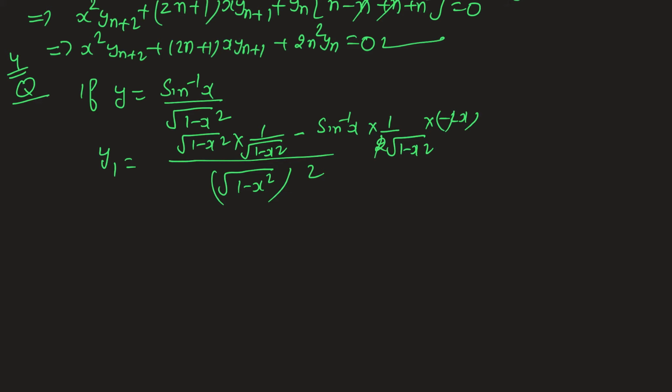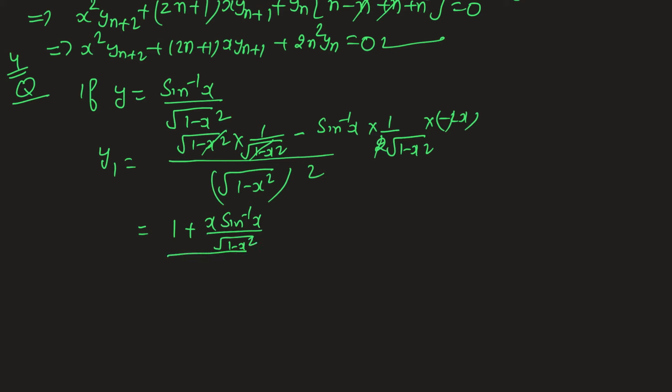This 2 to 2 will cancel out, so now this will be 1, and this minus minus will become positive. So this will be plus x sine inverse x divided by root 1 minus x square, divided by whole